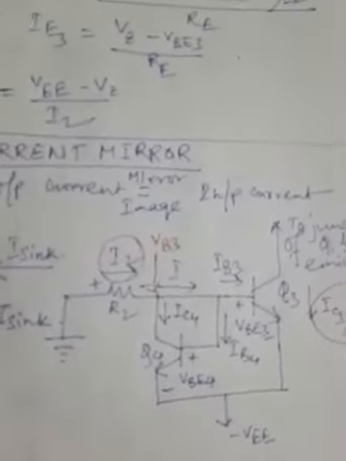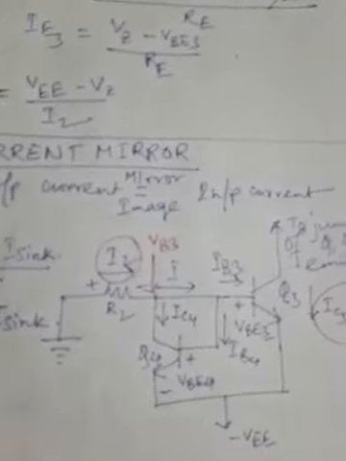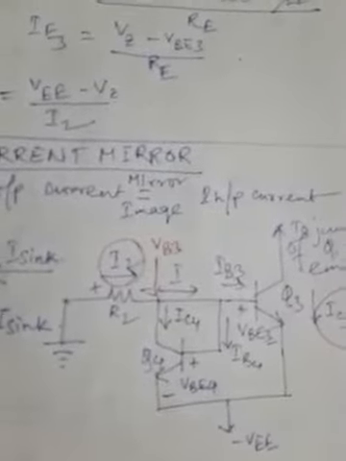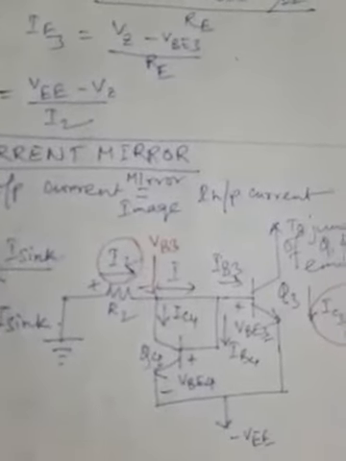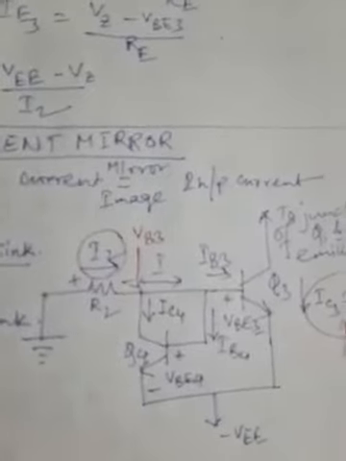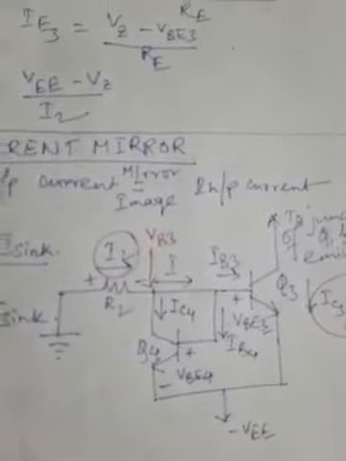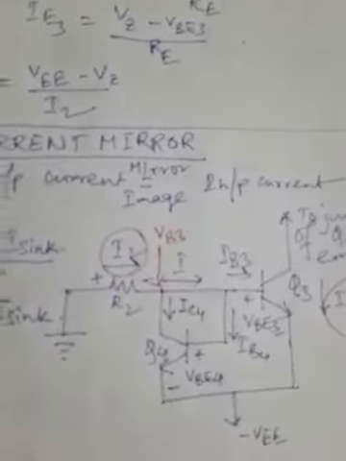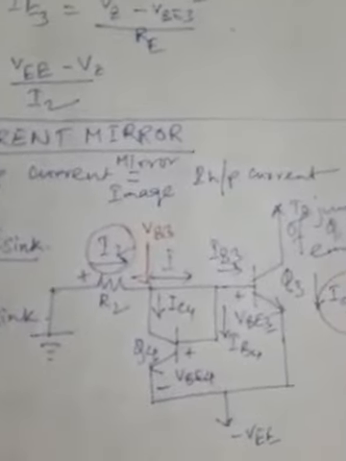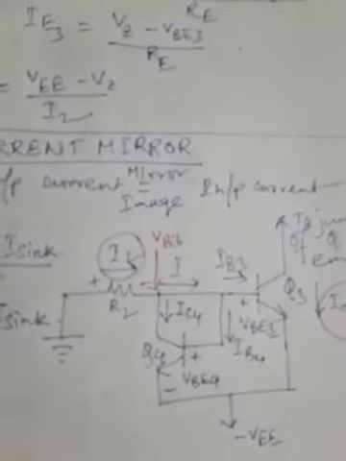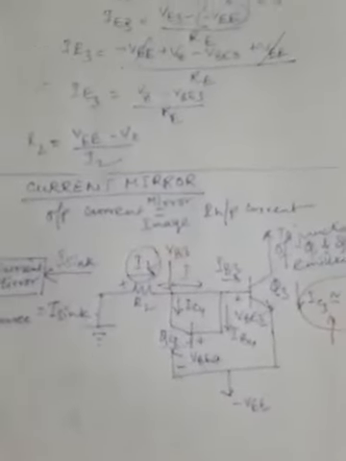Now it should be noted here that the current mirror circuit requires very few components compared to constant current bias circuits, because of its simplicity and ease of fabrication and design. The current mirror circuit is most commonly used in IC amplifiers such as differential and operational amplifiers, so it is quite widely used compared to other constant current bias circuits.